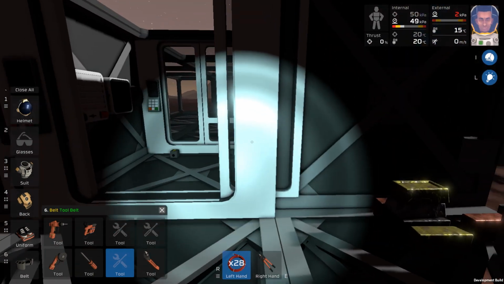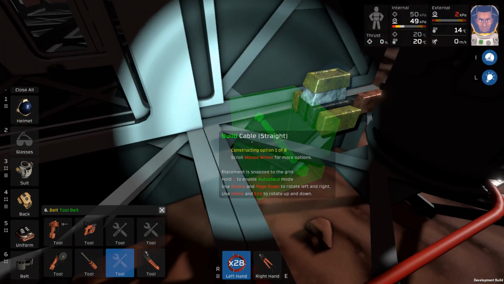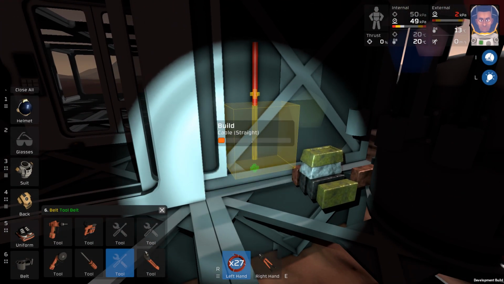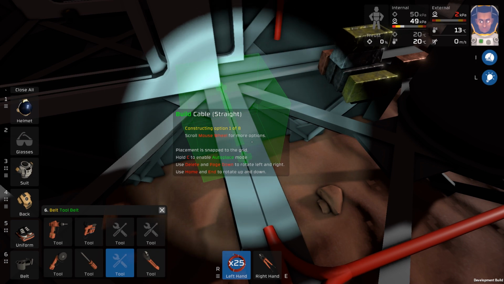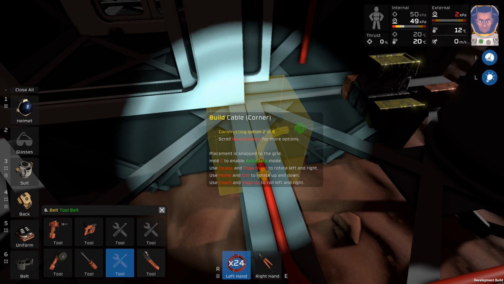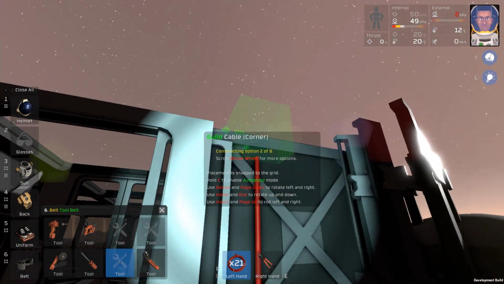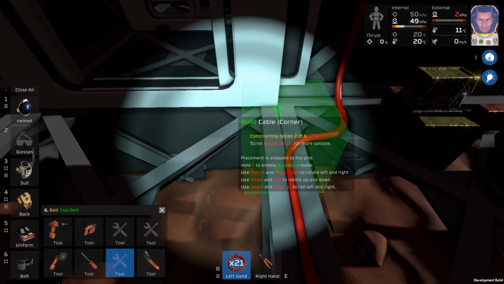Now the question is, can I actually go with corner cable? No, I need straight. We cannot put it over here because that's part of an airlock, but we can go with it like on the side of the wall, and then we can make a band over here like that, and then like that. That's why I had to move the furnace over there on this side. And now we have to go on top